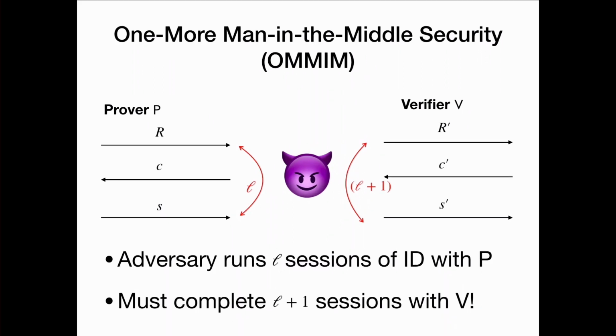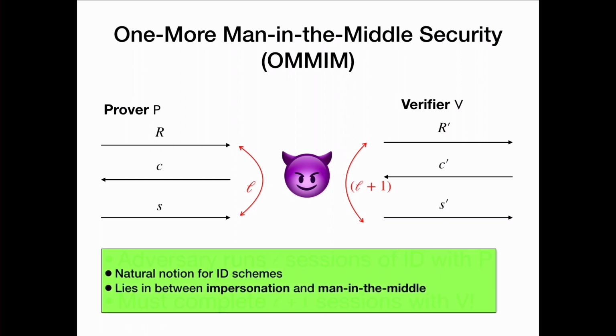And so, of course, this is a very natural notion because for any reasonable identification scheme, this should in fact be hard, right? And one can show that it lies in between the classical notions of impersonation, but is a bit weaker than the classical man-in-the-middle notion that is often considered in the literature. Okay,